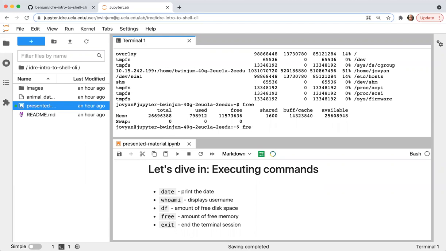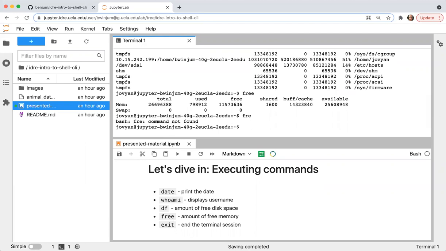So say I type fre rather than free, and I execute this. Now there's something sent to standard error because there's an error message. The error message comes from the shell. Right now we're interacting with the bash shell. There are a couple of different varieties of Linux shells that we can interact with.